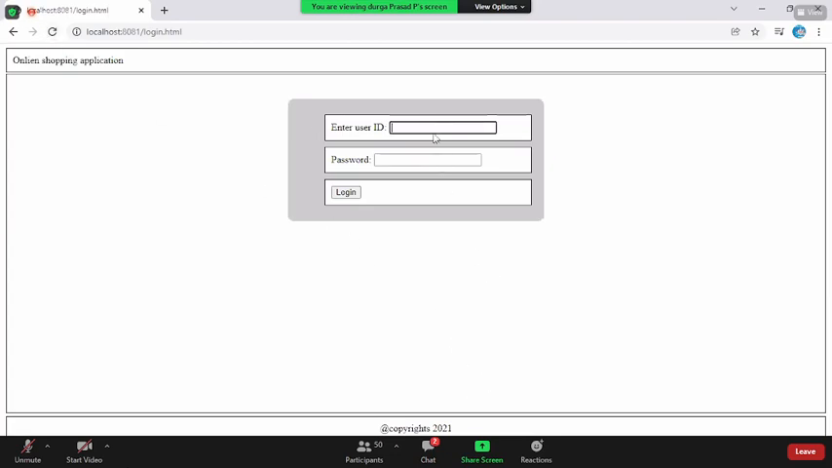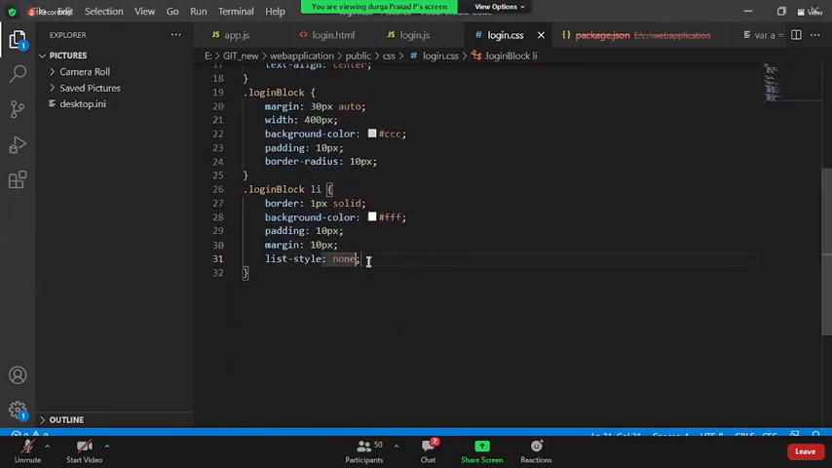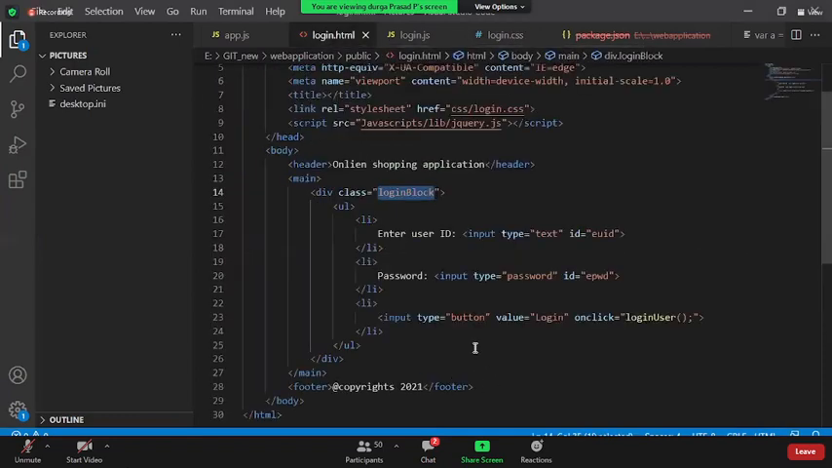Okay, this is how it is. You can work on how to keep all these labels on the left side and the text box on the right side. Okay, please work on that. So under this, I can say list-style none, right? Okay, along with this, I would like to create some buttons,